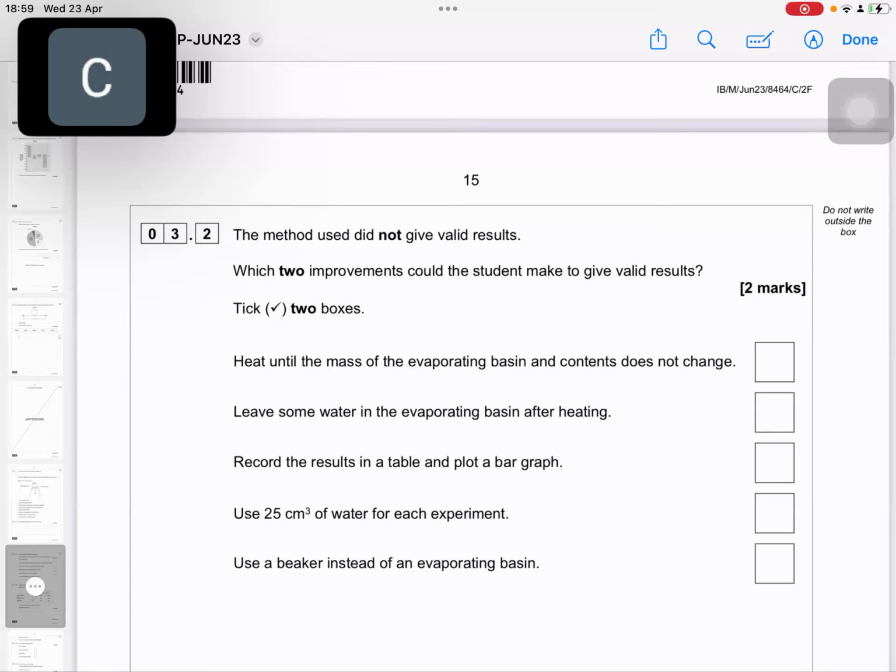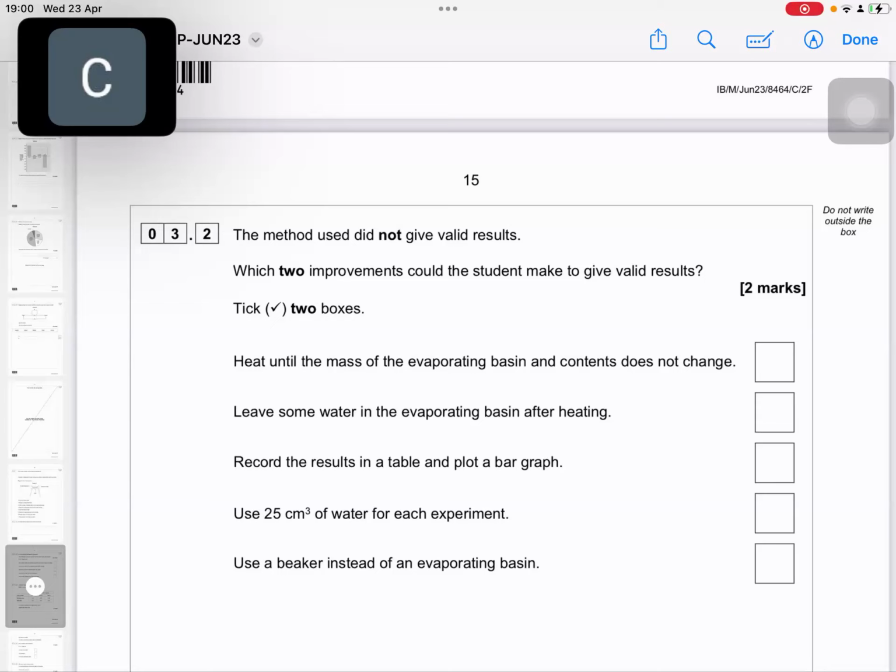Record the results in a table and plot a bar graph. Use 25 cubic centimeter of water for each experiment. Use a beaker instead of an evaporating basin. Okay, so